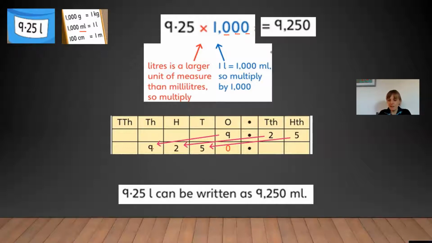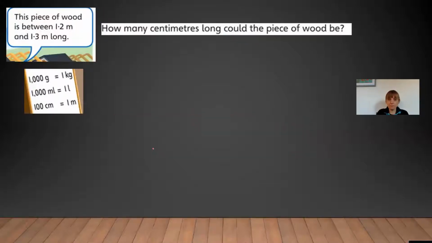So what you've got to be thinking of really carefully is, what is my conversion? How many of that smaller unit are there in the larger unit? And do I need to divide or multiply to do that conversion at that time? Now, the piece of wood, Toshi said, was between 1.2 and 1.3 meters long. So the question is now asking, how many centimeters long could that piece of wood be? So we've now got to convert